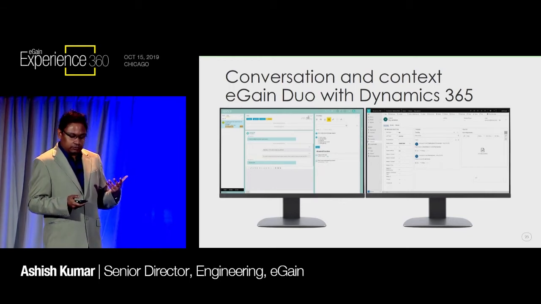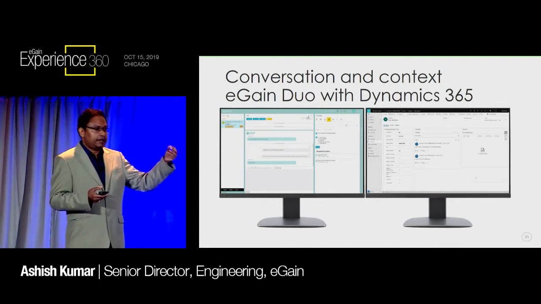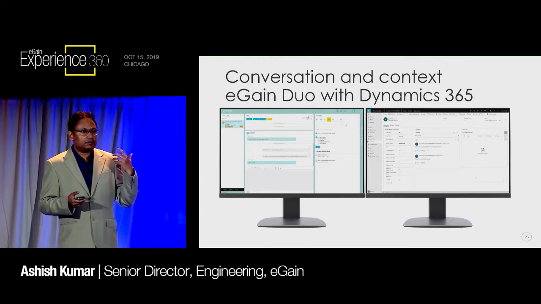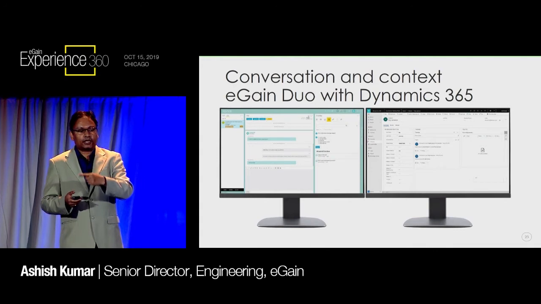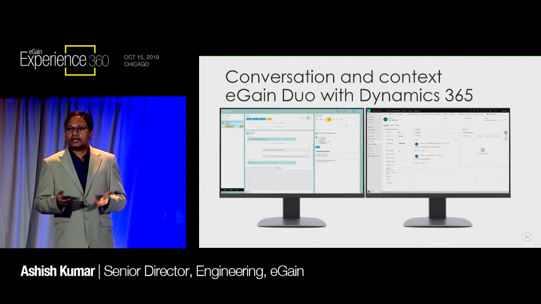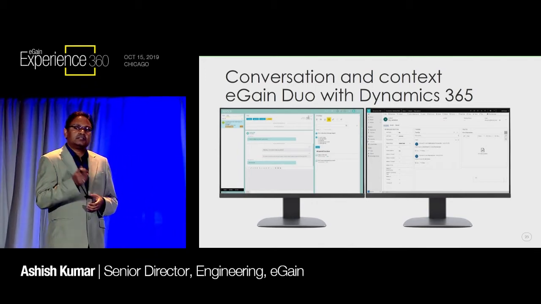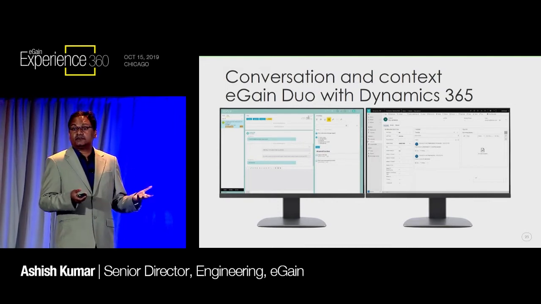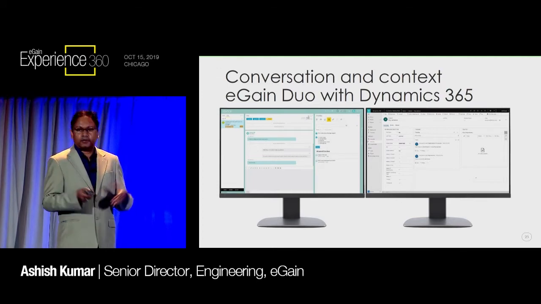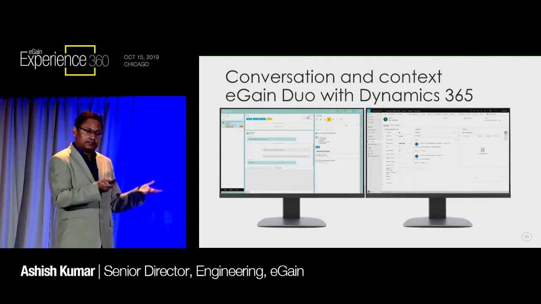And what it enables you to do is, for example, select an activity on Advisor Desktop and pass the contact details to the other side, like the phone number or email address or the messaging ID. Then the other side can use that information to look up more information like account or contact or orders or any other information of that nature. That way, Duo can be achieved in a single day with a simple integration, if it's possible in that case. But you could have a legacy CRM system where it may not be possible. So case by case, you can look at whether this makes sense to you.